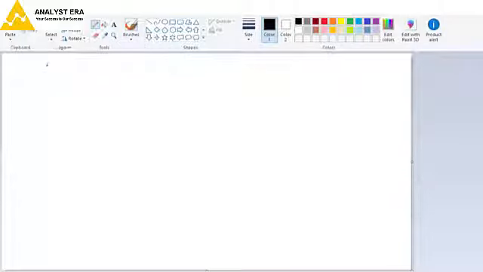Okay, so the first sector Python will be working in is e-commerce. E-commerce can predict the customers.